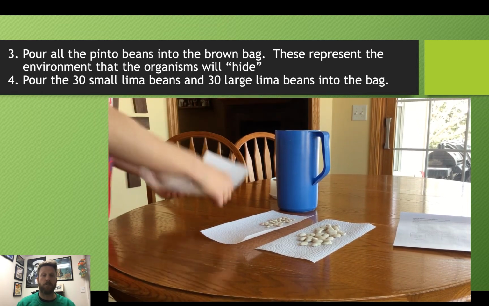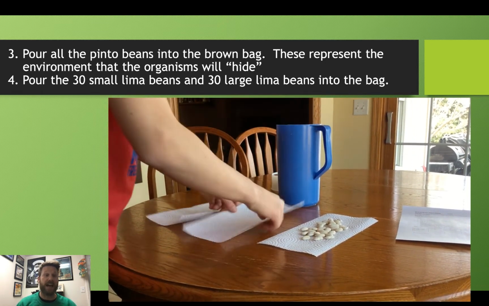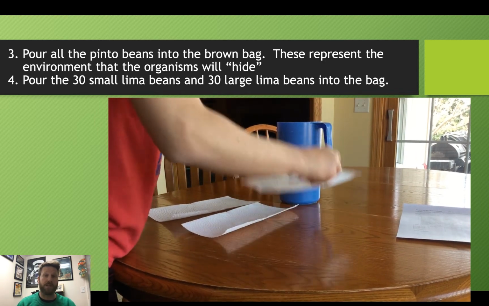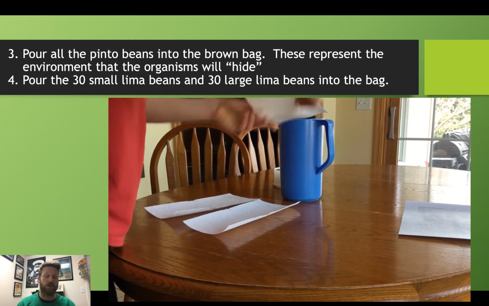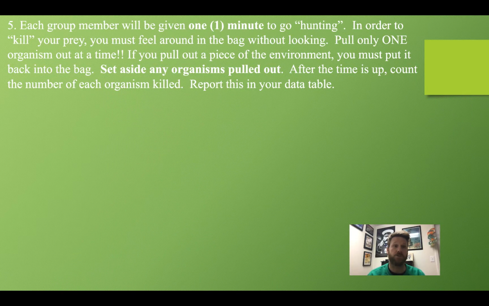Once again, this will represent our environment or our habitat where our lima beans can hide. We're going to add 30 small lima beans and 30 large lima beans into that same container. We are going to complete this procedure twice, representing two different group members. I'm going to help you the first time through. The second time through, you're going to have to watch the videos, make your own observations, and fill out the